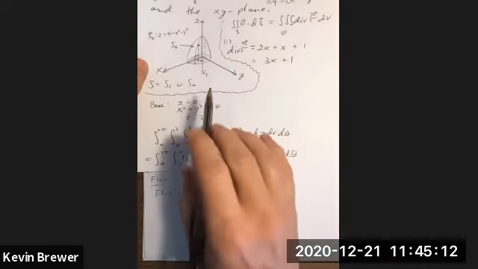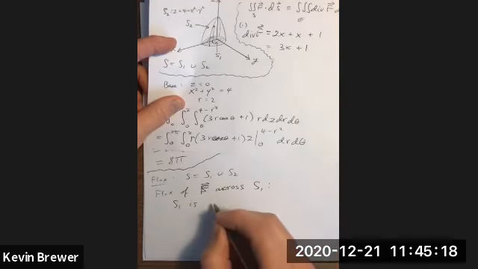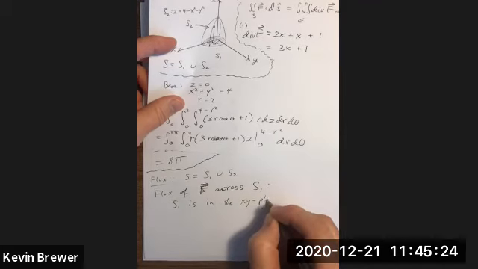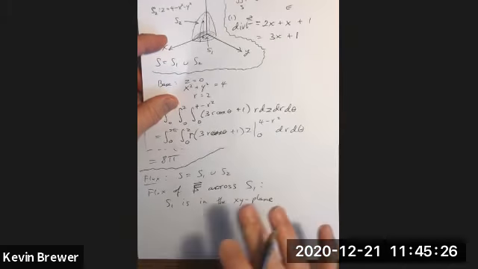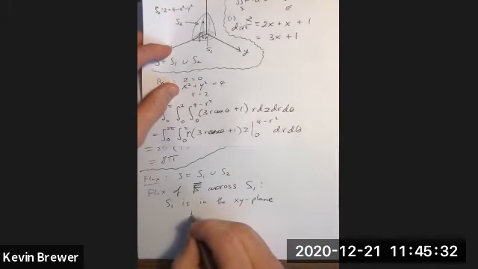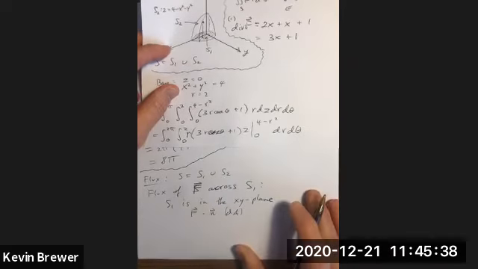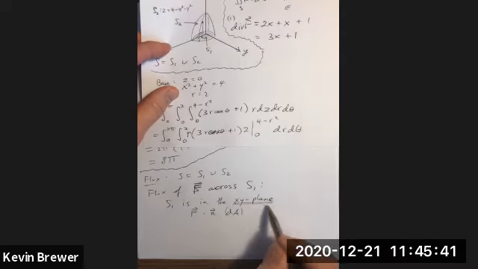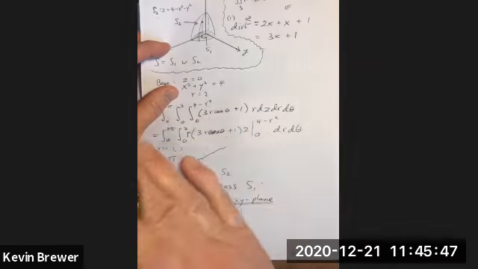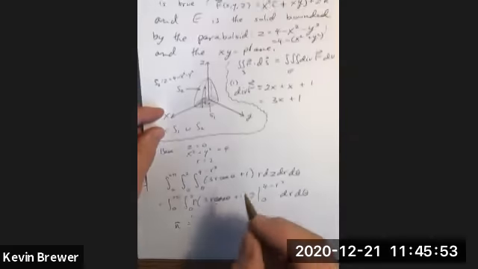Now, S1 is in the XY plane. So the differential of surface area doesn't give us anything new. So we will do this as F dot N dA. We don't have to put dS here because anything parallel to the XY plane gives us nothing with regards to curvature or angle or anything like that. So our N, in this case, outward flux